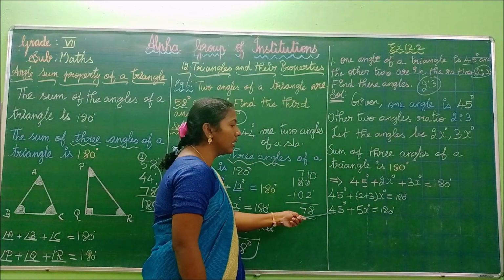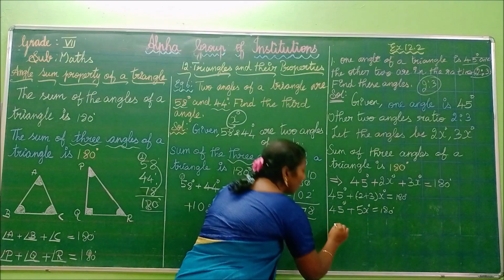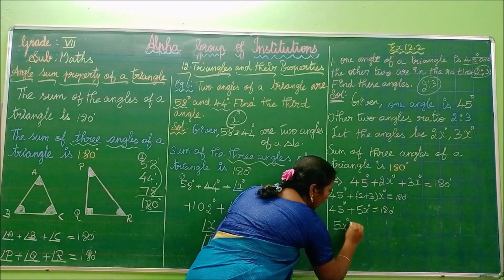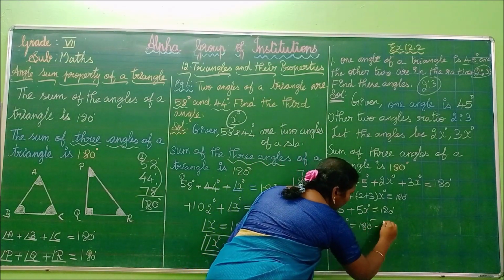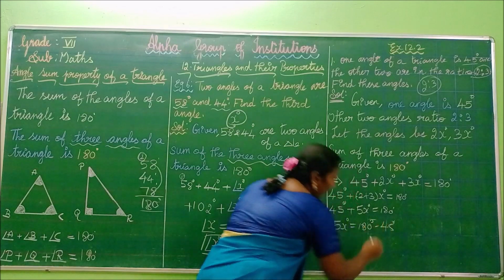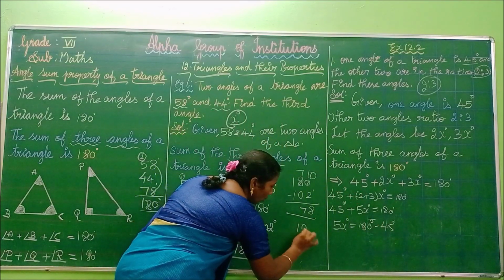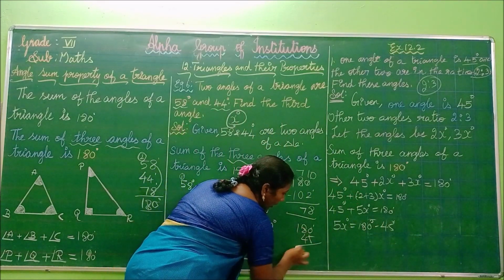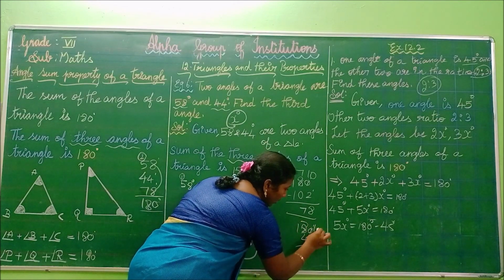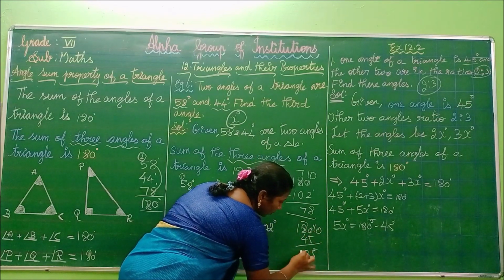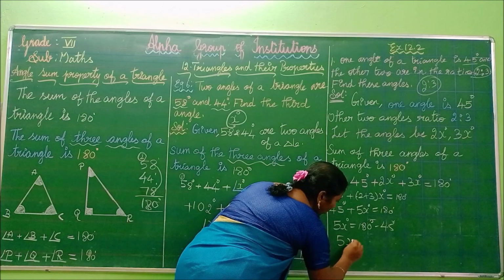First of all, you have to send this 45 to that side. So 5x equals 180 minus 45. Now we are going to subtract 45 from 180. 10 minus 5 is 5, 7 minus 4 is 3. So 5x equals